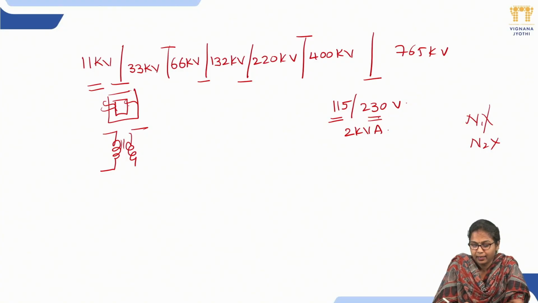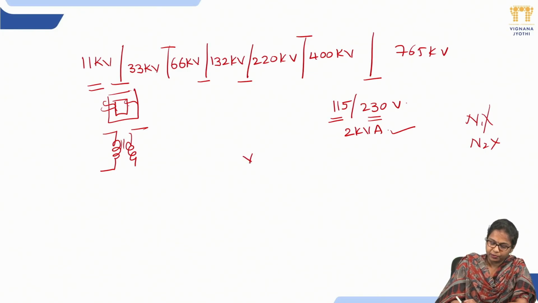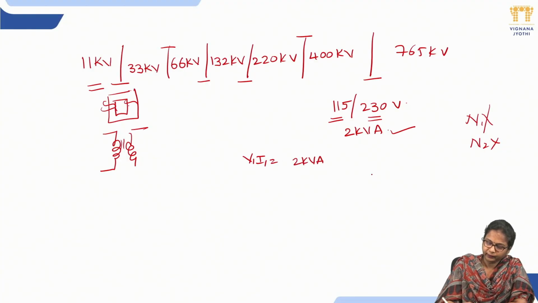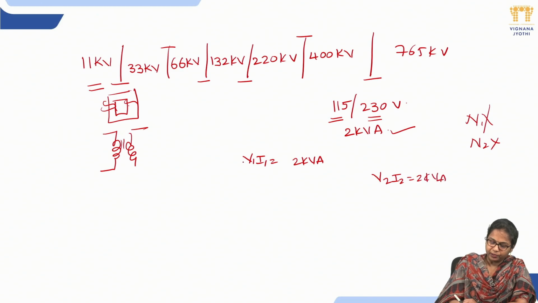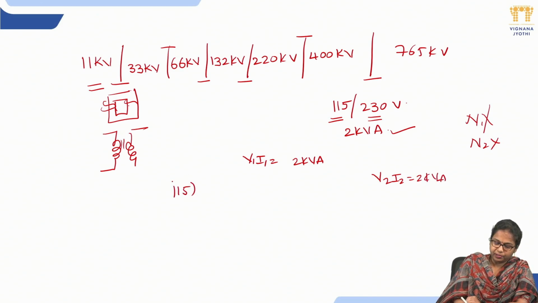From this I have decided this is a step-up transformer. The only other thing I have is the kVA rating at full load, which is 2 kVA. So V1 I1 is equal to 2 kVA and V2 I2 is equal to 2 kVA. So V1 is your 115 volts, I1,